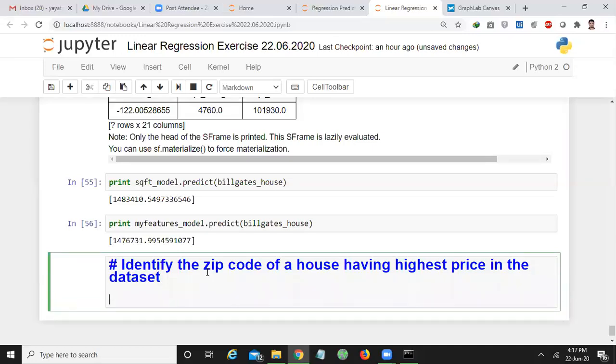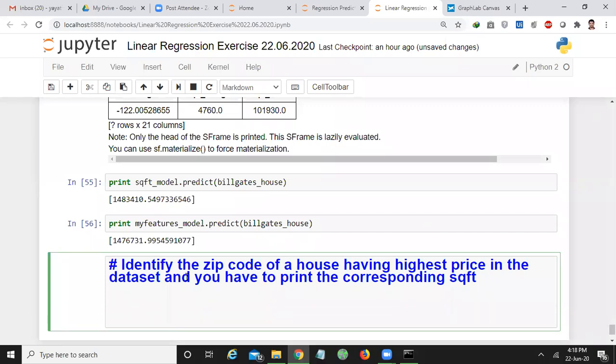That is the first question that you have to solve. You are supposed to identify the zip code of the house having the highest price in the whole data set, and you have to print the corresponding SQFT.